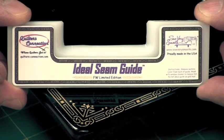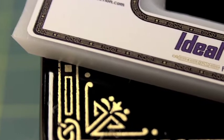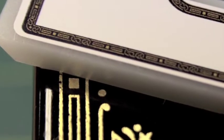In addition to working really great, it also looks fantastic too. You can see that the decals and graphics on it match the decals, the gold decals on the Singer Featherweight